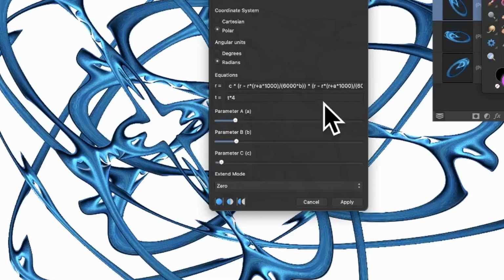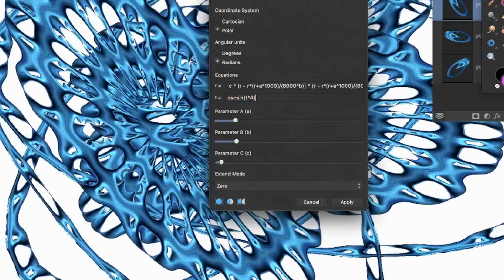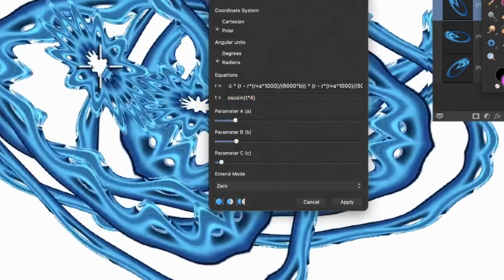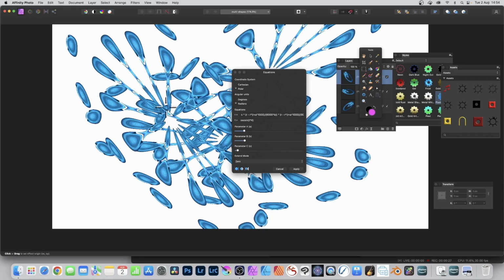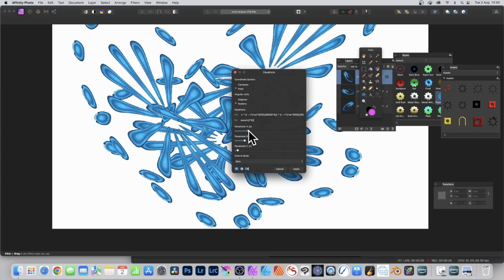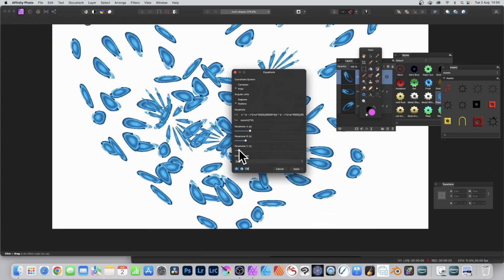You can also manipulate this equation. So go over here to the T field. Instead of using T times 4, you can put oscsin. And there's a variety of these ones as well available. So I'm just going to put bracket around those, and you can see the result there. Now you've got this really truly weird oscillation harmonic there. Just superb. Again, you can still continue to modify the A, modify the B, and that is just from 3